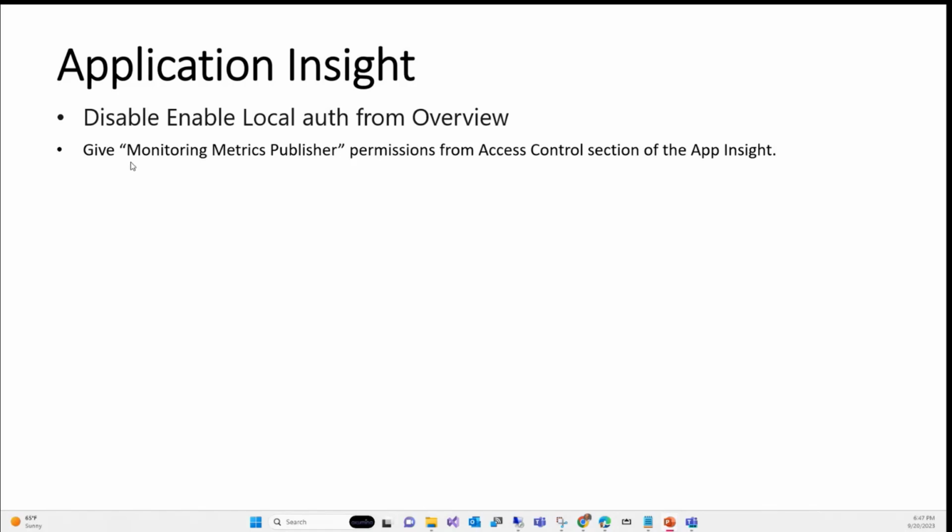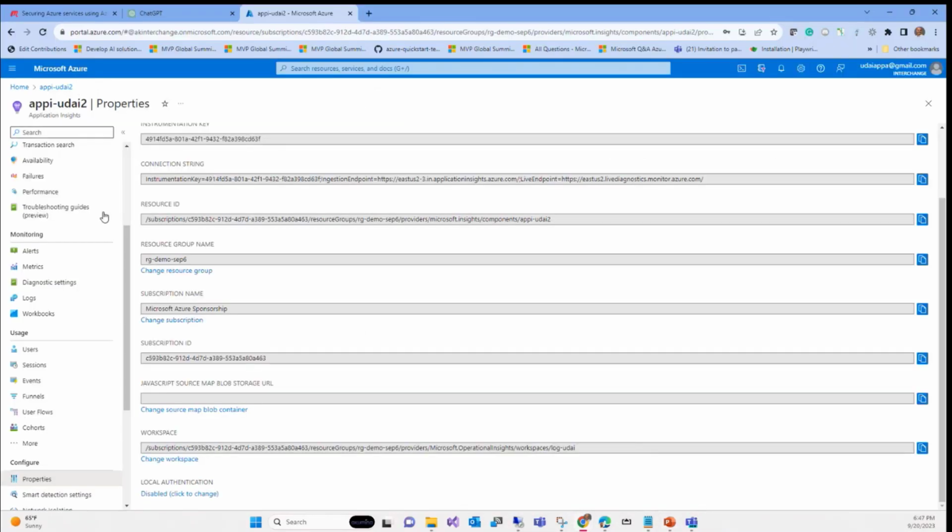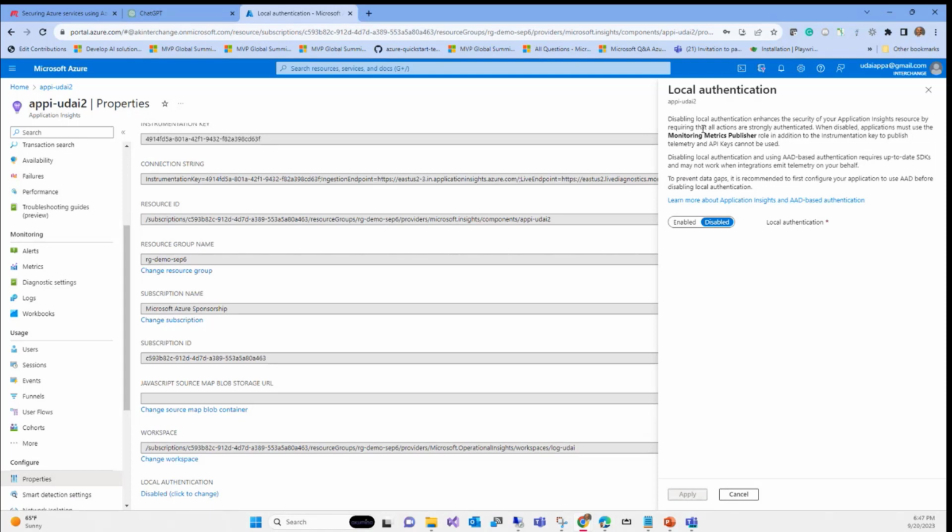For Application Insights, you give the monitoring metric publisher permission on the access control, then it will start working. If you look at this blade over here, it also tells you we need to do that. Okay, so it'll be pretty useful documentation tips over there.